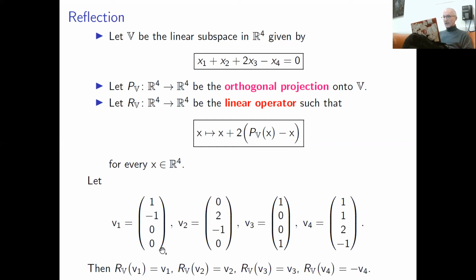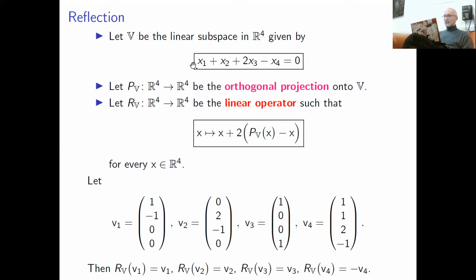So I just took one vector, V1, V2, V3. I took them randomly. They're not orthogonal. They're just randomly chosen linearly independent vectors in V. Yeah, and then I need to complete these 3 vectors to a basis. I need to find some vector not in V, and better if it's orthogonal to V. But as I mentioned in the example class, if you have such an equation, it's very easy to cook up one vector which is orthogonal to V.